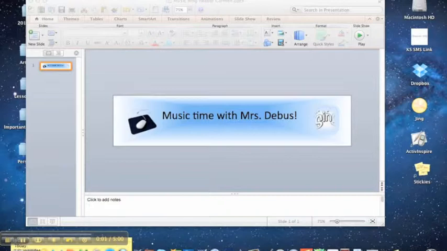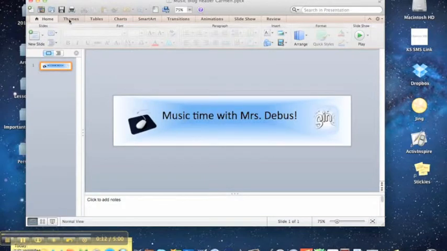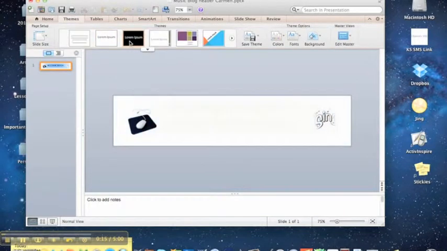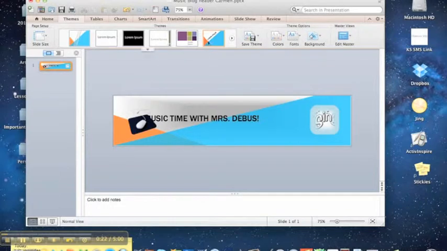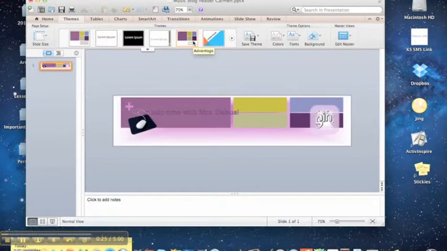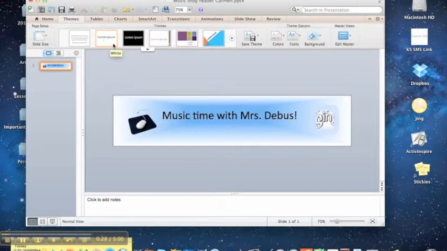In this tutorial, you're going to learn how we can create certain effects and add images and text to our blog headers. When you first created your blog header, you picked a theme. And many of you picked your theme and said, oh, there, I'm done. Well, that is not the case. You are not going to just go with one of the themes that are in PowerPoint. You are actually going to pick the first theme, which is the white theme. And I'm going to show you how you can treat this white theme as kind of a blank canvas